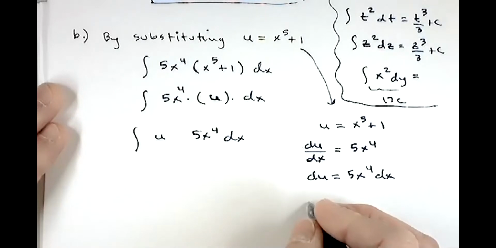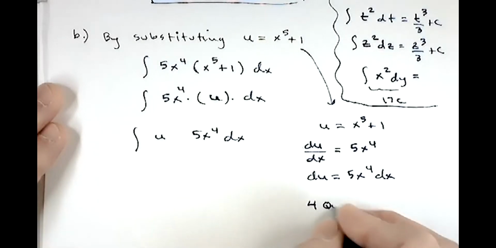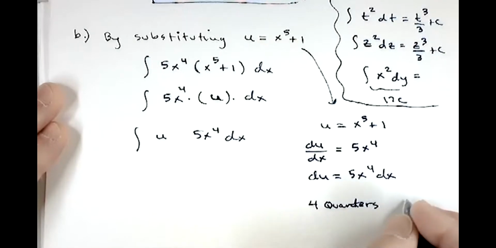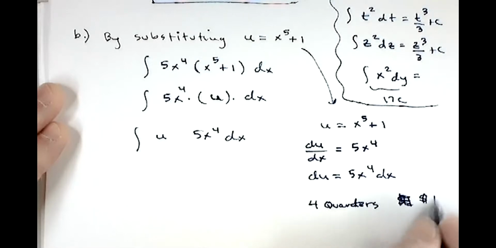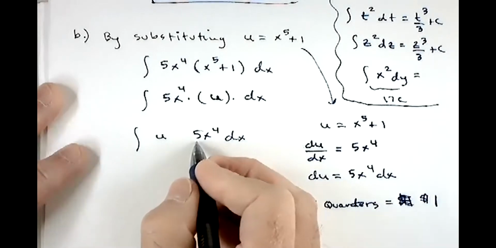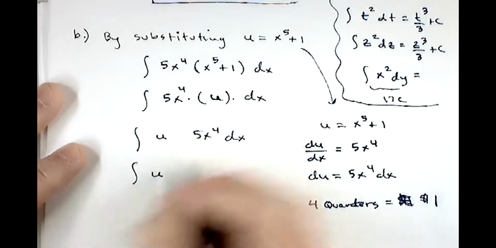4 quarters, $1. That doesn't even look like a dollar sign. There we go, $1. How many people agree when you're holding 4 quarters and $1, they look different? But how many people agree they're equal to each other in value, right? They're the same. So the way I like to think of this is, in your next step, you're going to